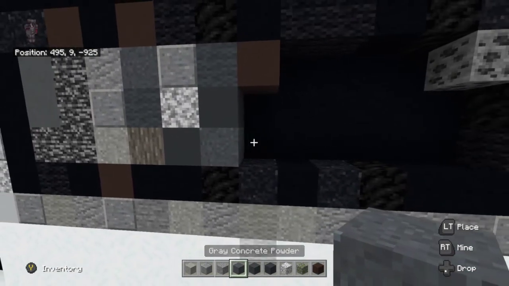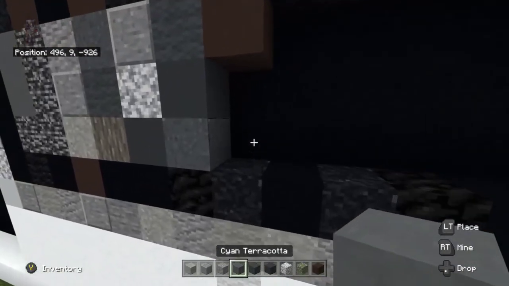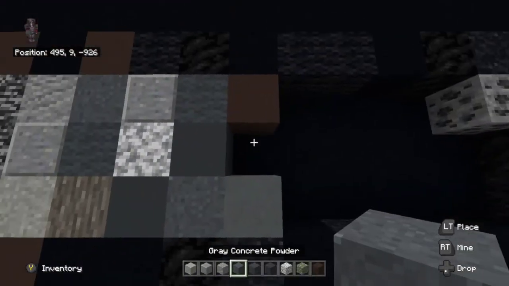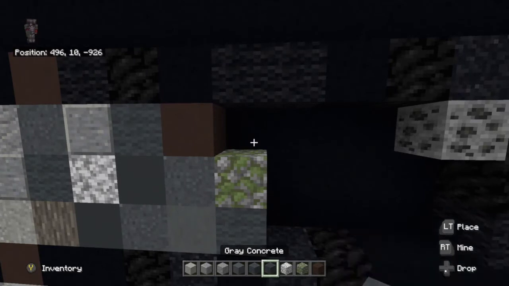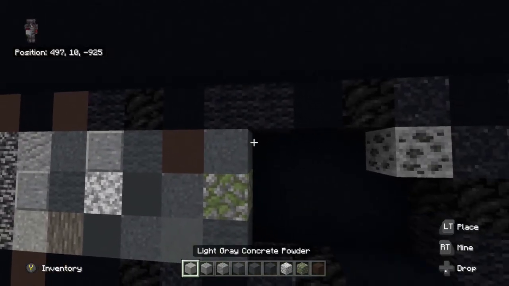gray concrete powder, we're going to take us cyan terracotta. We're going to place cyan terracotta to right of the gray concrete powder, and then on top of the cyan terracotta, we're going to place gray concrete powder on top of it. To right of that gray concrete powder, we're going to place this mossy cobblestone. Underneath mossy cobblestone, we're going to place this gray wool, and on top of it, we're going to place gray concrete powder. To right of the gray concrete powder at the very top, we're going to go ahead and take us